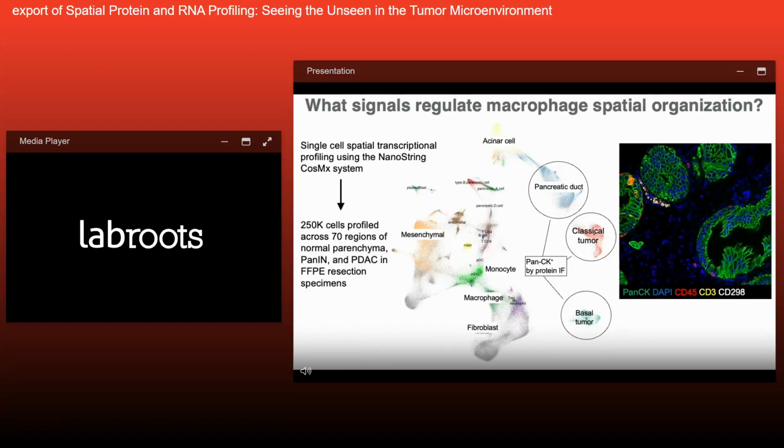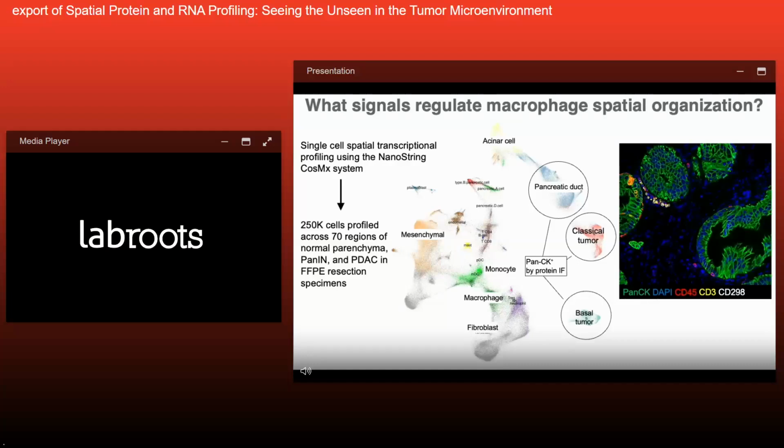Although these results were very interesting, they all represented just a static snapshot in time, and they couldn't really tell us what was actually organizing and regulating macrophage spatial organization. So to determine what signals actually regulate this, we turned to the COSMIC spatial molecular imaging platform and profiled more